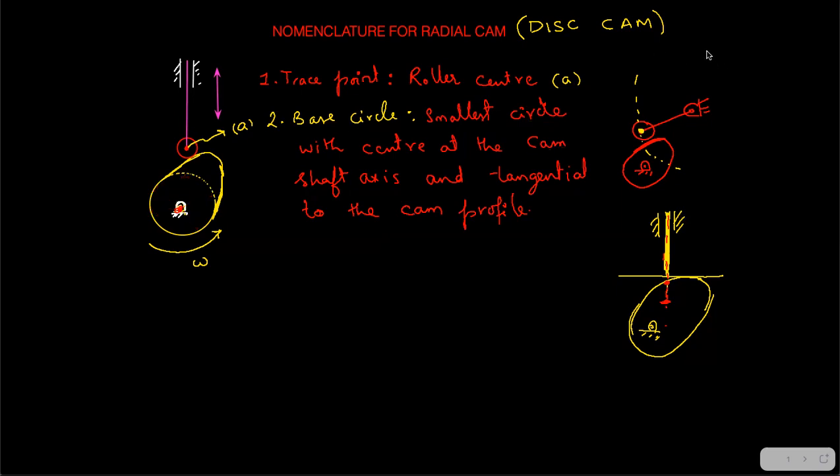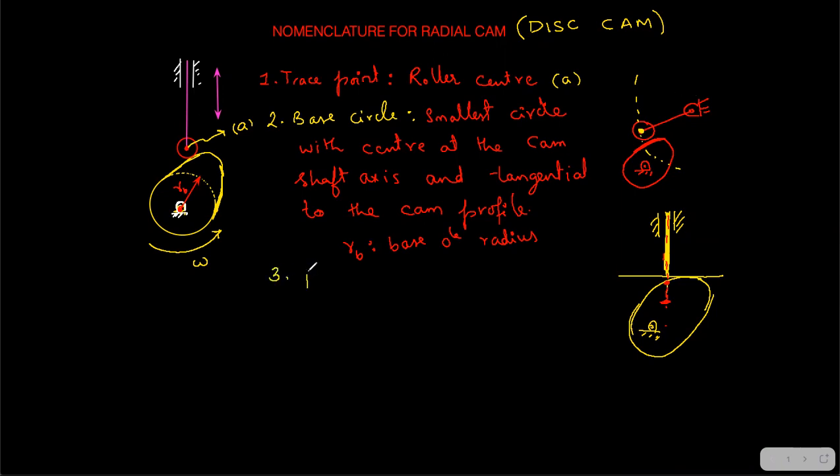Okay, let's mark it and give it a name also. So the base circle is called RB. Okay, so this is your base circle. I can show it anywhere. Fine, we can show it anywhere here, and we can call it RB. Okay, that is base circle radius. So RB is base circle radius. And now the next point we'll come to is the pitch curve. Okay, what is a pitch curve?